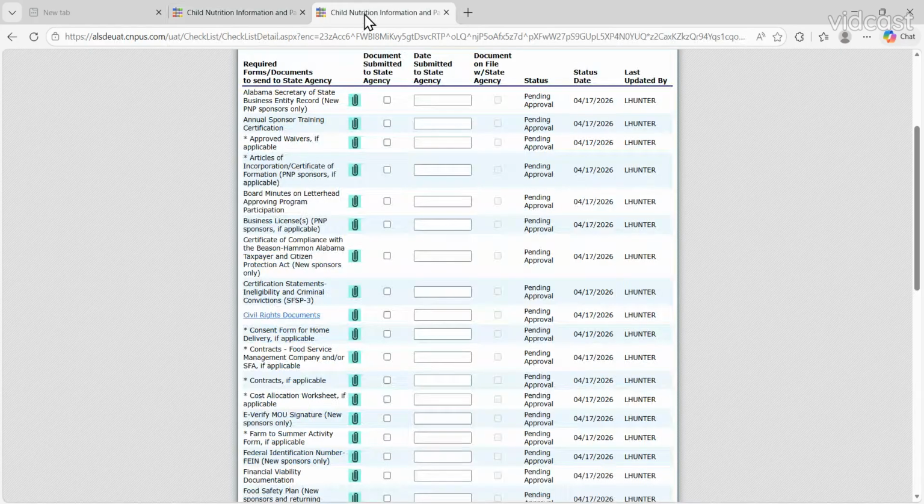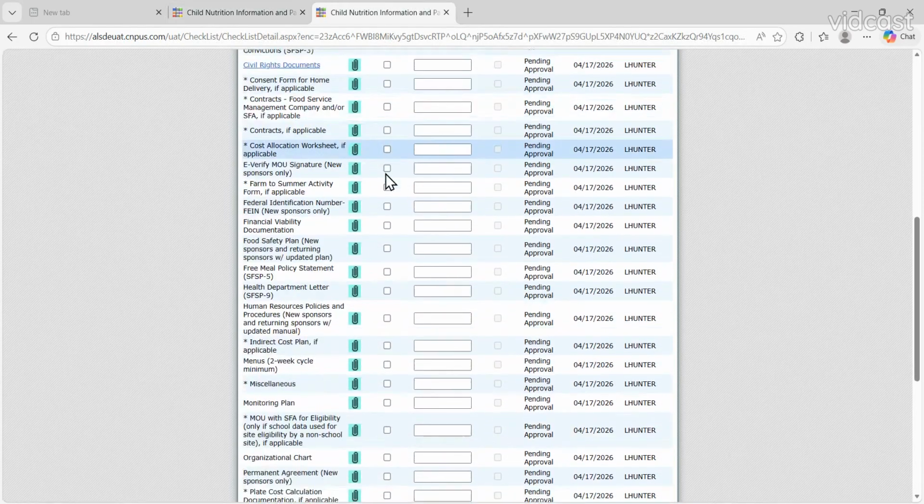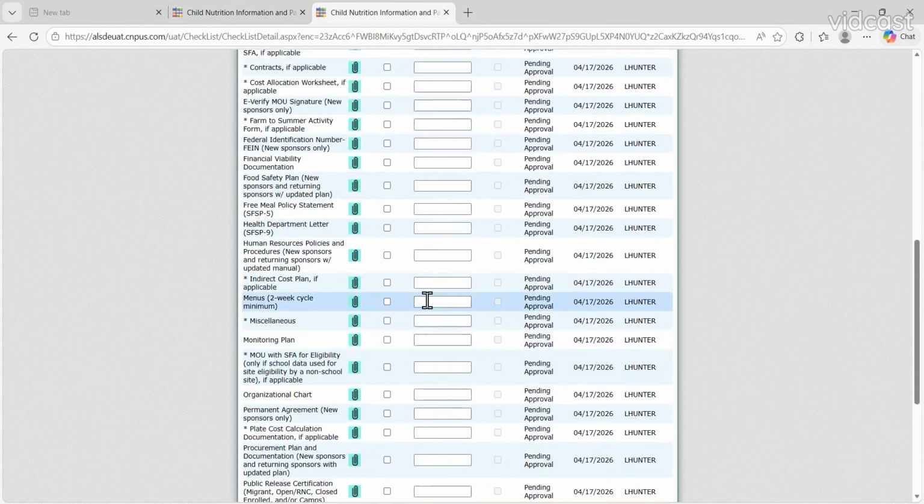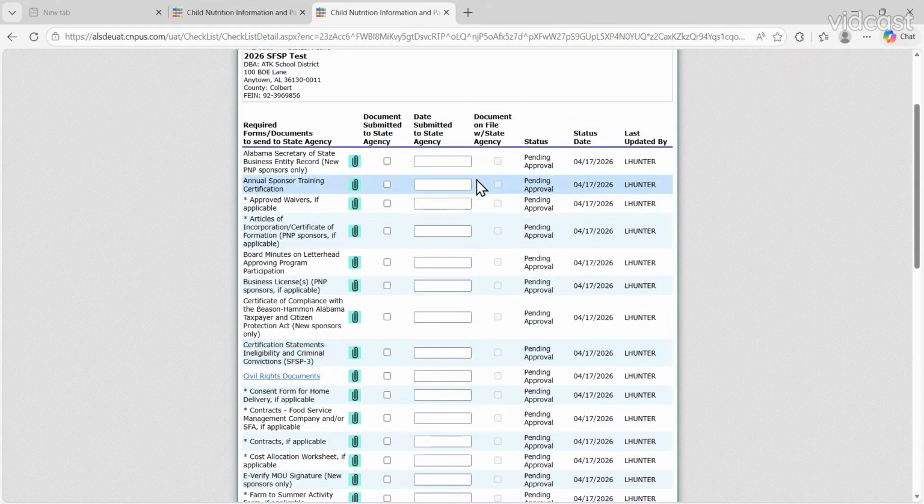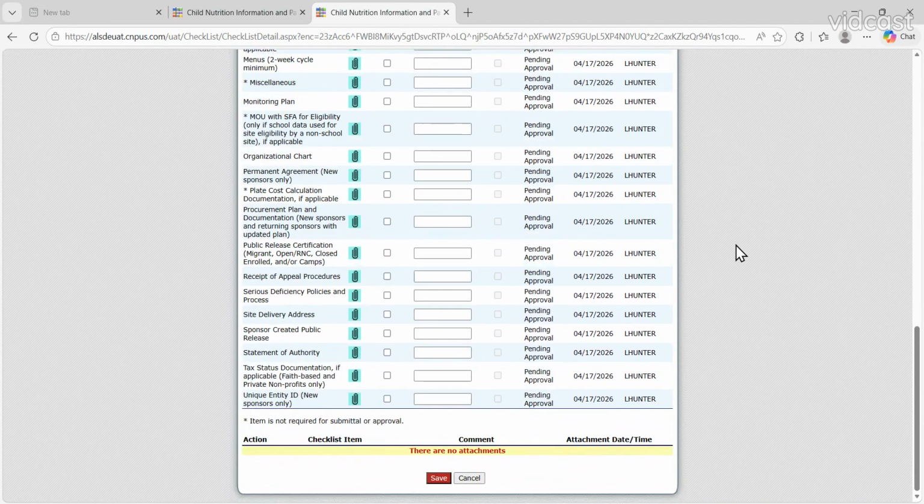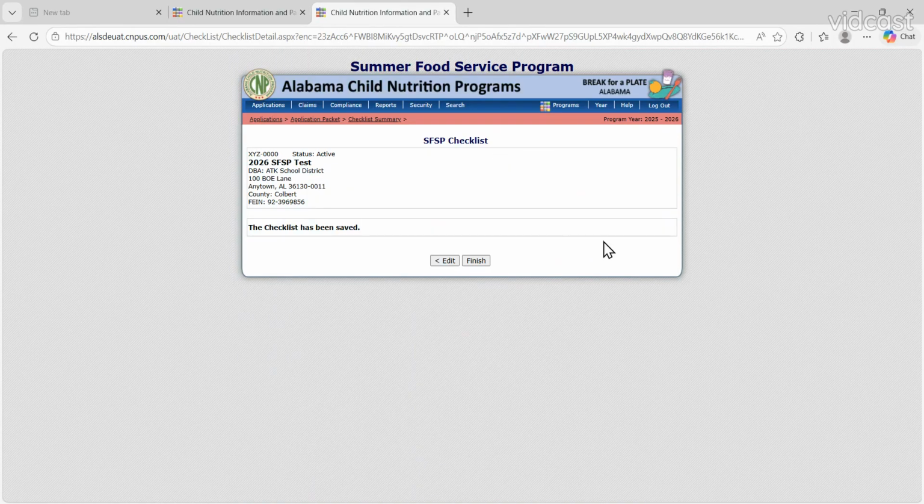So I'm going to go back to UAT, and here are 38 possible documents. And I am going to say that I do have my Alabama Secretary of State business entity record. And just for the sake of this demonstration, I'm also going to say I have my annual sponsored training certification. And that's all I'm going to upload right now. I'm going to save that, and I'm going to go back